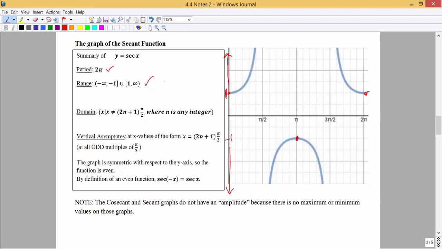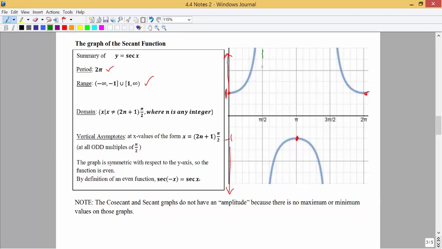So the range is from negative infinity to negative 1, and then again it jumps up and skips between negative 1 and 1, and then goes from 1 to infinity. And that's a familiar range. We've talked about that before. The domain, what's not allowed to go into the